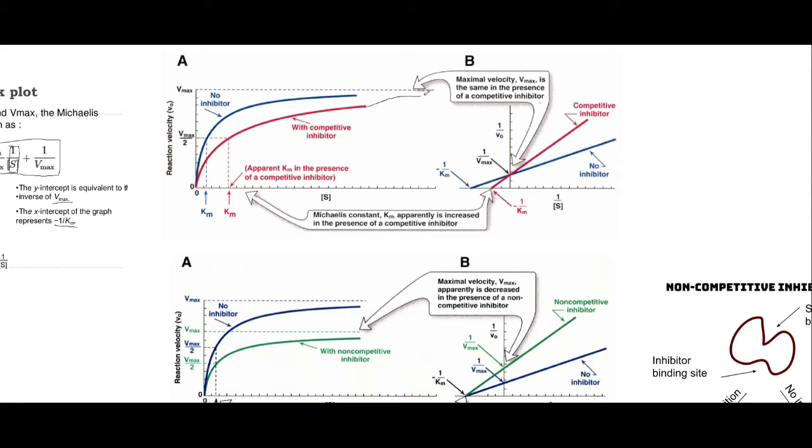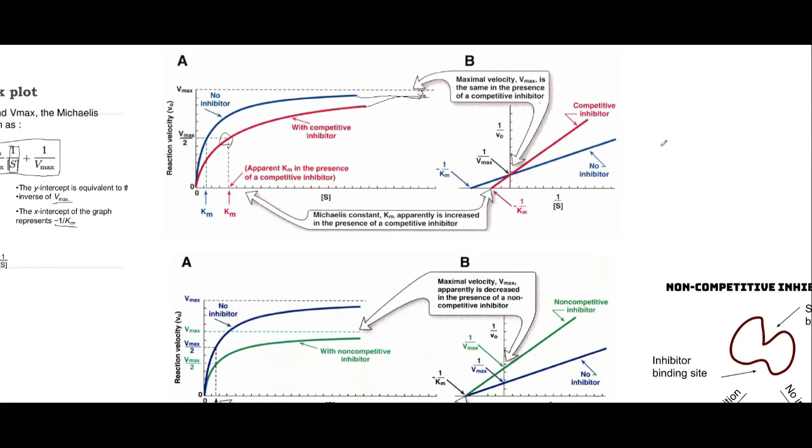This will eventually end up at the same Vmax. I didn't draw that very well, but we end up at the same Vmax, but the Km is, well, it's -1 over that, so the Km is actually higher, and so that means it's binding less tightly,